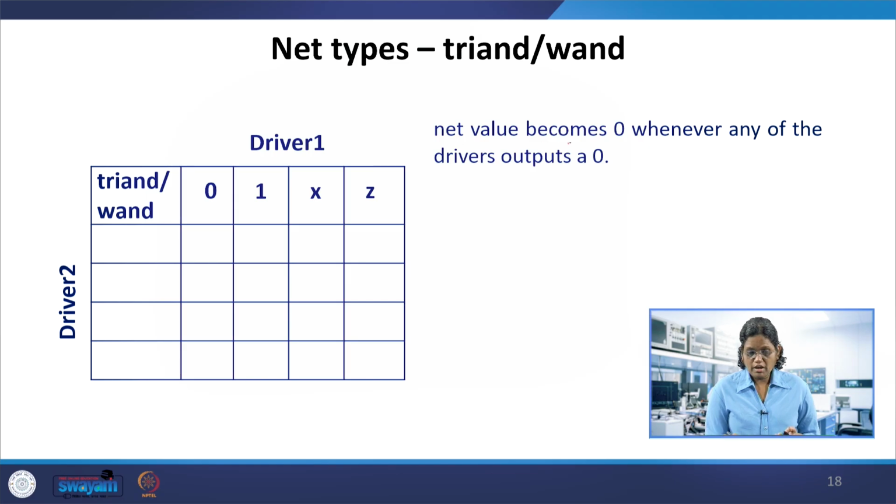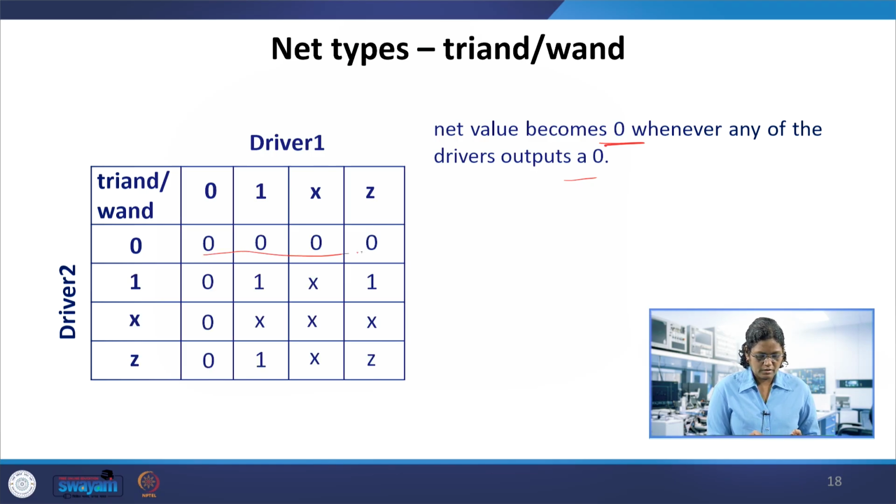In that case the net value becomes 0 whenever any of the driver outputs is 0. So if two drivers are used and one driver is giving 0, then whether it is wire-and or tri-and, the result will be 0. The other driver can be 0, 1, x, or z, and these combinations result in 0.